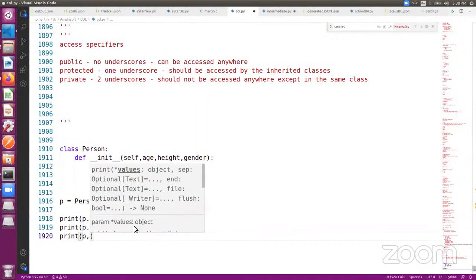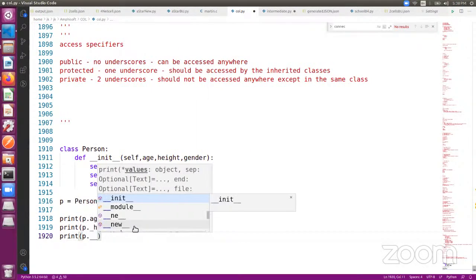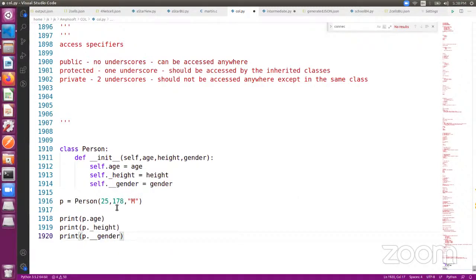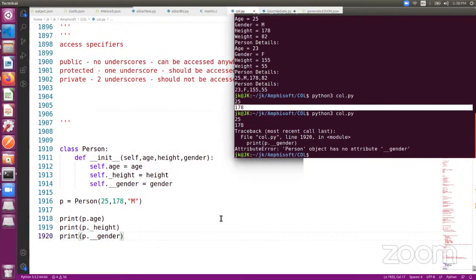Print p.__gender. If I give this, it'll throw an error. It'll simply tell that gender is